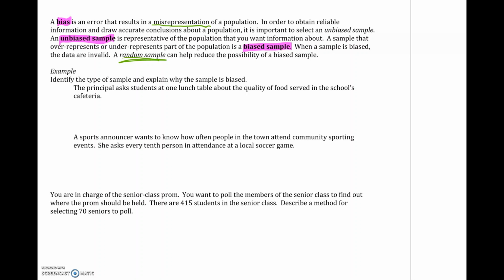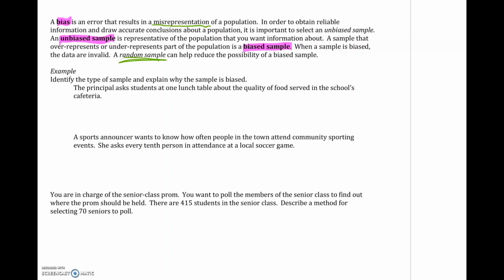So if you look at the first example, the principal asked students at one lunch table about the quality of food served in the school's cafeteria. So you might think, okay, well, isn't that just a nice kind of random pick? Why is it biased? Well, if you think about this situation, the principal is asking one lunch table. So that's one cluster out of who knows how many lunch tables are in the cafeteria around the school,